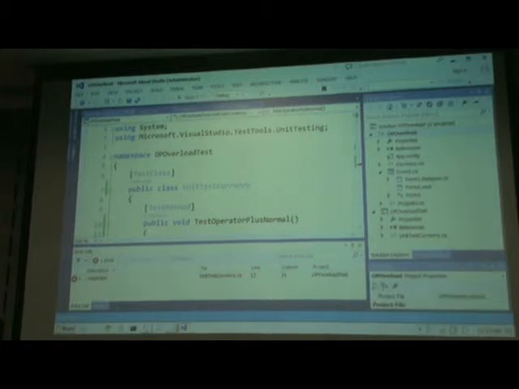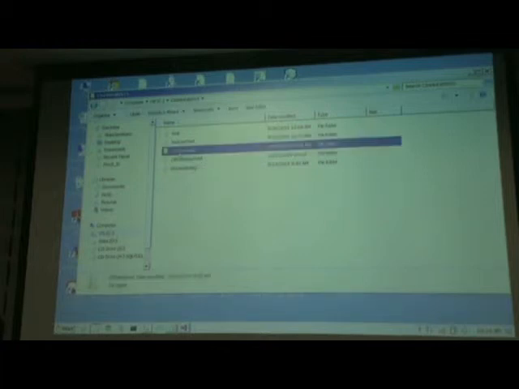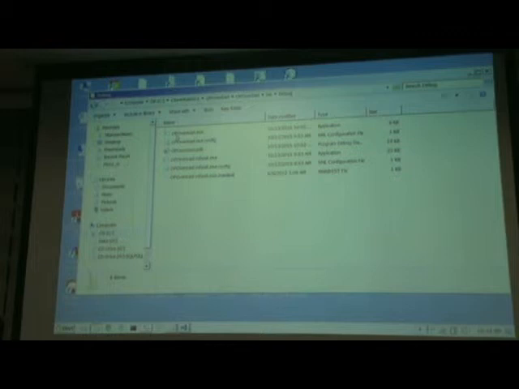But if I minimize this, go to my computer, go to the C drive, go to the CS440 fall 2015 folder, we just created this OP overload project. If I further go into the OP overload folder, you'll see there's a bin folder, there's a debug folder, and somewhere over here, do you see